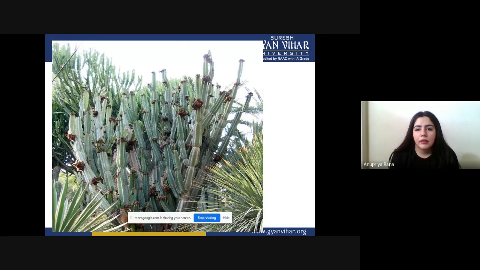You can see the diagram. These kinds of plants you also see around you, because some parts of Rajasthan also come under xeric conditions. That's why we can find these kinds of plants around us. They are very true kinds of xerophytes. You can also see their leaves become spines and the stem becomes fleshy. When the stem is fleshy and the leaves convert into thorns, they are known as xerophytic plants.